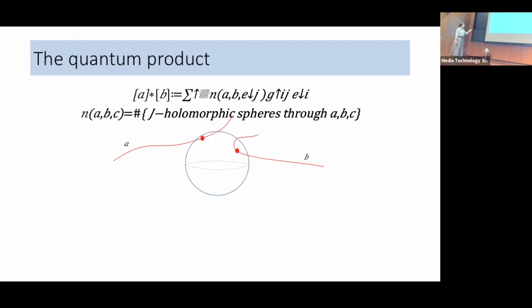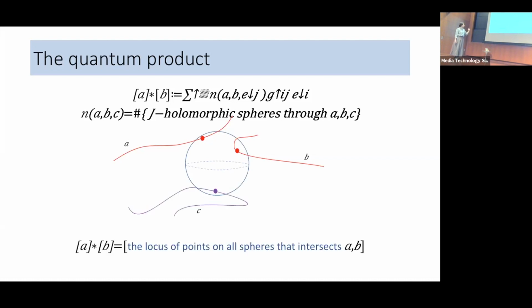So another way of thinking about it is, say, let's take all the spheres that intersect A and B, see where else the sphere can go, and the geometric locus of wherever this sphere can also go is going to trace a representative of the quantum product. And I know it looks bizarre, and not only because of the glitches in the presentation, but it genuinely looks bizarre. Hopefully, it may look a little bit less bizarre if we focus on a special case